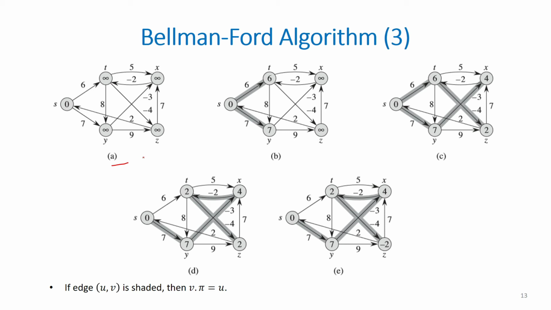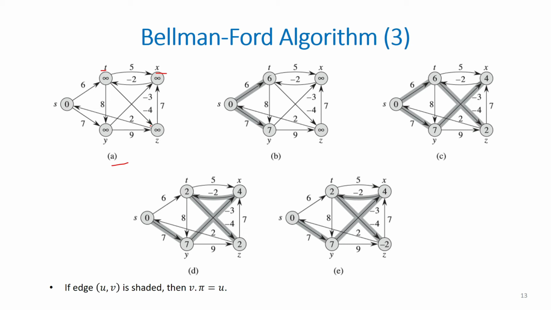Starting from the source S, we can list all the edges leaving it and relax them in any order. Note that there is a cycle between vertices T and X, but it is not a negative weight cycle, as the total sum of the cycle is 5 plus minus 2, which is equal to 3, that is positive. The shaded edges indicate that the edge has been relaxed and therefore the predecessor of the vertex V has been